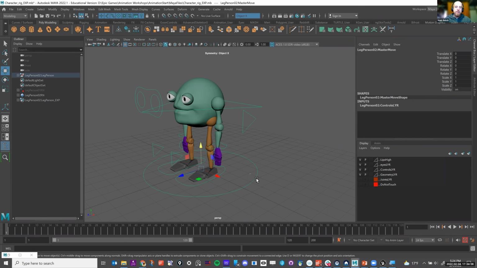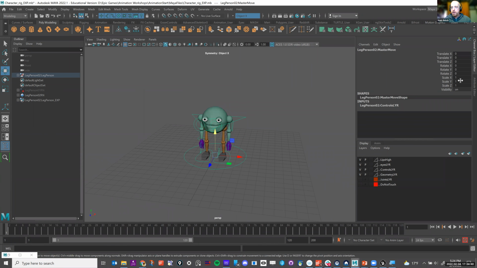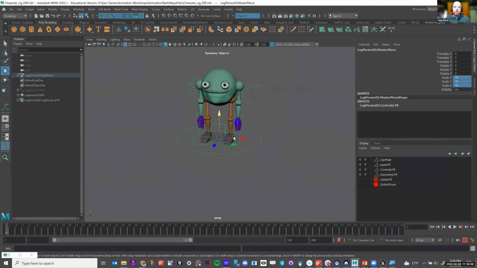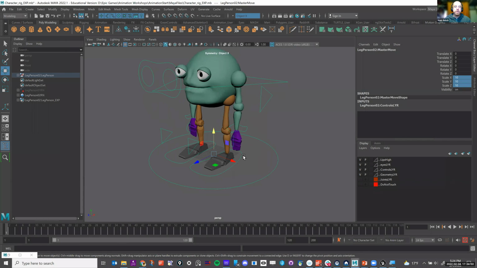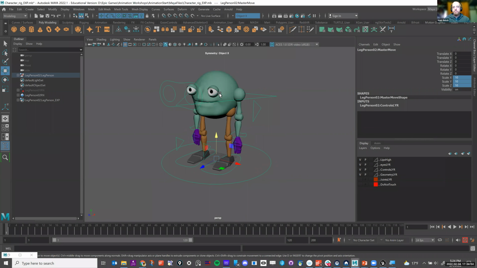And what I'm going to do is scale this character to, I don't know, like 10 or so. There we go. So now this would be more of an appropriate scale for a human character or a little kid or something like that. Right now, I'm not entirely sure what the scale is on this, but it's probably like 100 centimeters or so.